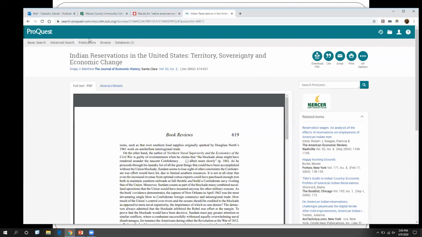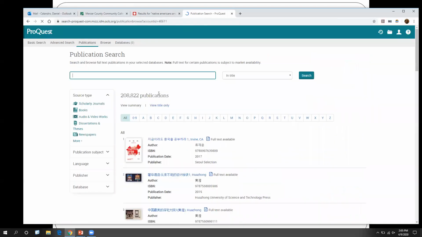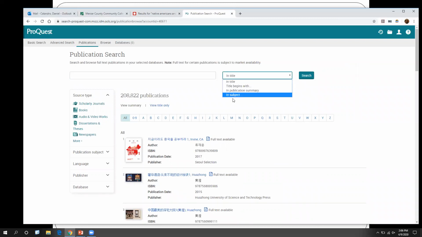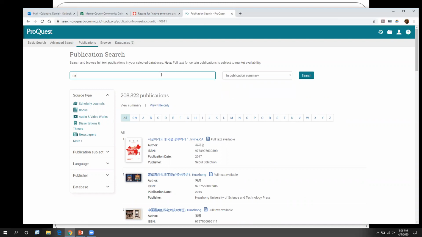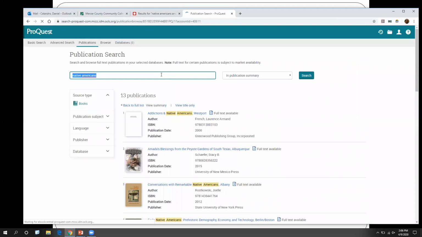You have the ability to, when you click on this, type in a keyword that you're interested in. See where it says in title? If I want, I can change this to in subject or in publication summary, whatever it may be. So here I'll click in publication summary and I can type in, let's say, Native Americans. And this will show me all of the periodicals that have hopefully something to do with Native Americans.